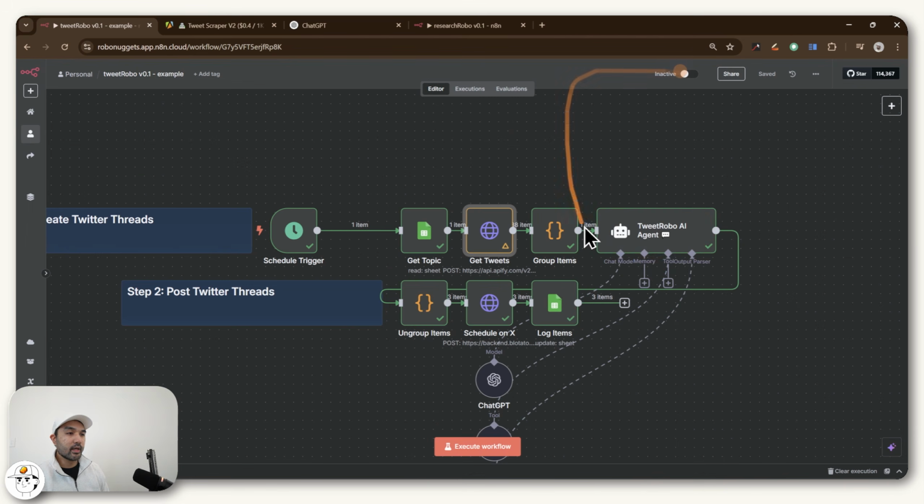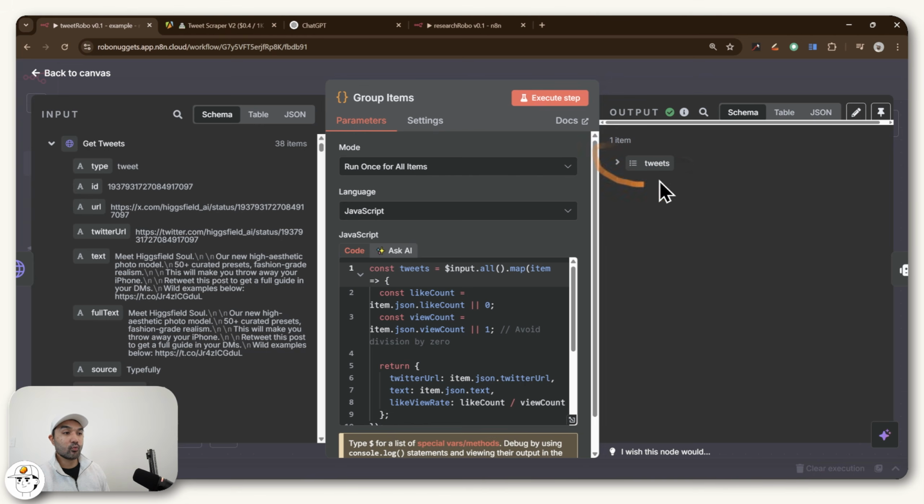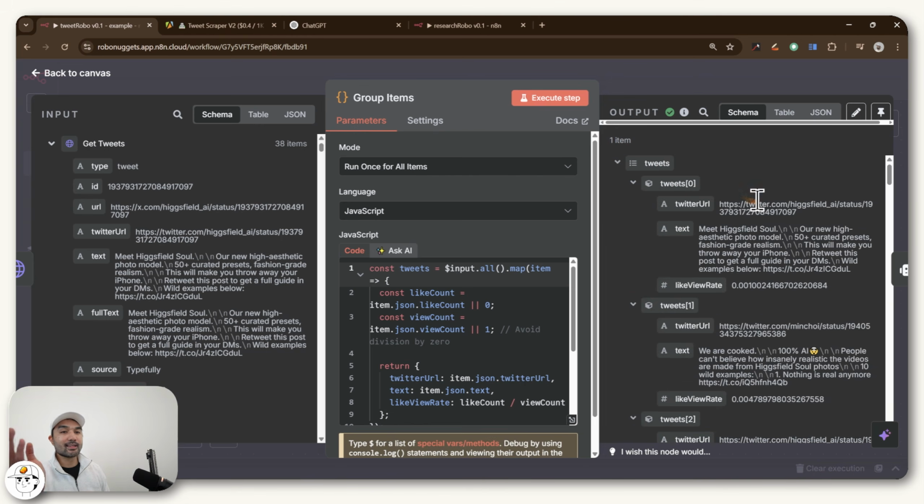So if we click away, before we go to our agent, there's just a preceding node here, which is a code node. If you open that up, what that will basically do is group those tweets into one item. You can see we have 38 individual items or tweets here. All it really did is group them into one item so that if we go to schema, we can pass along this one group to our AI agent so that it can take a look at all of those